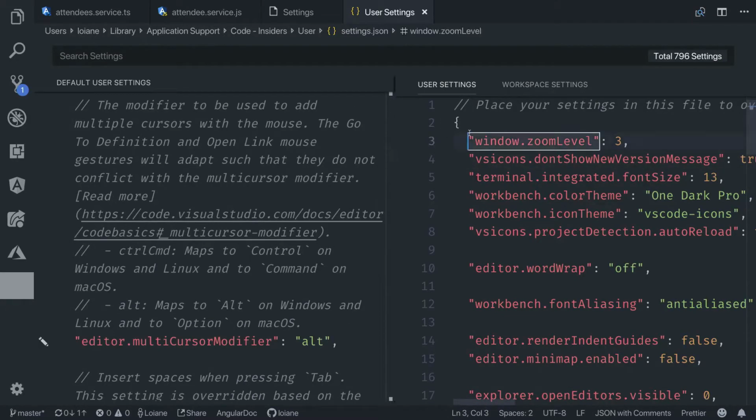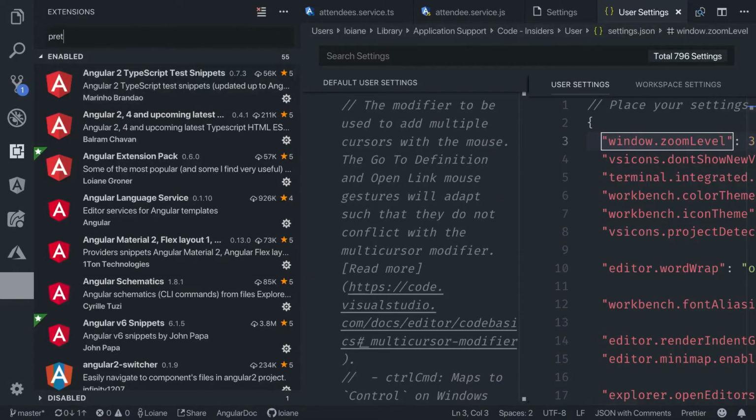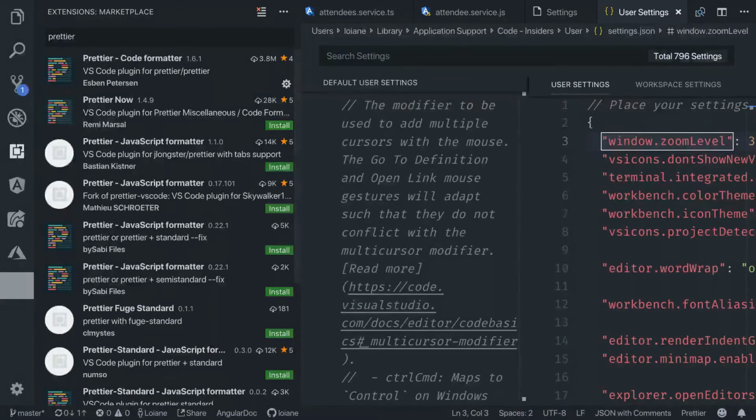One that is called Prettier. So this is another extension as well. So you can come here and search for Prettier. So this helps with code formatting, especially when you're working with